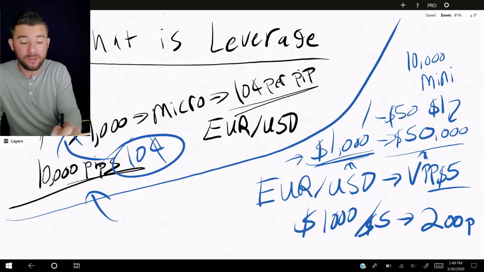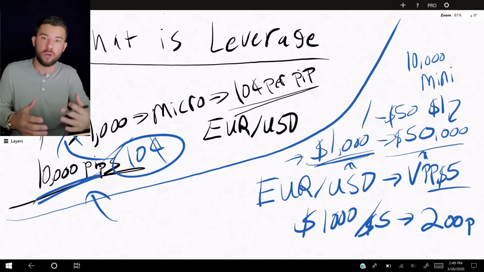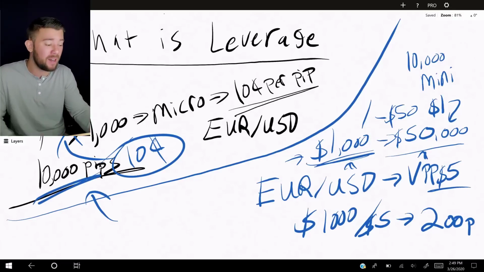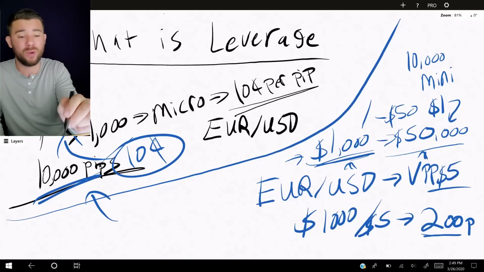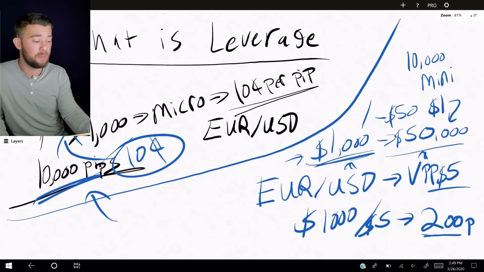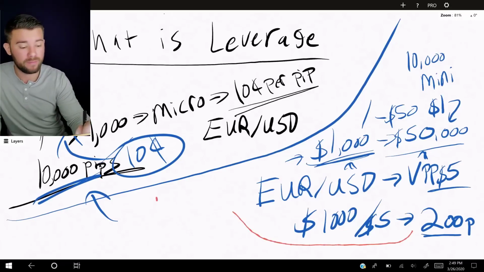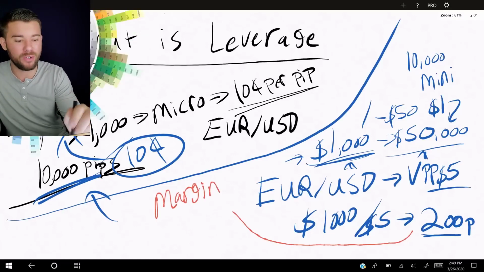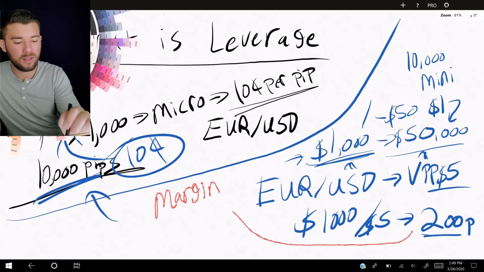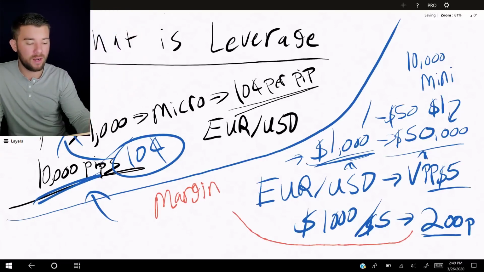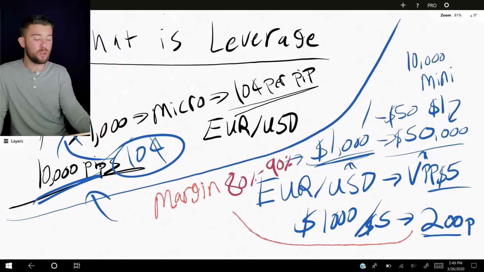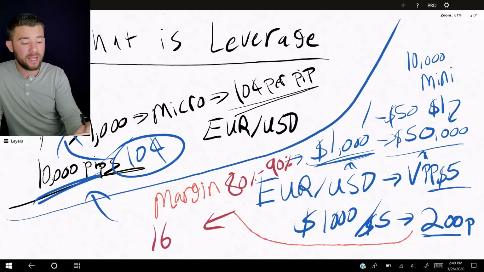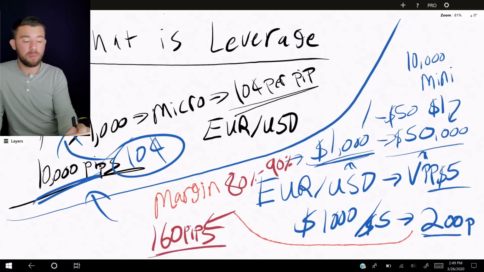So instead of 10,000 pips of risk, the reason most traders blow their accounts using leverage is because they only have 200 pips of risk. And guess what? You don't really have 200 pips of risk, because they are going to margin call you at somewhere around 80 to 90%. So instead of 200 pips, it's more like you have about 160 pips, maybe 170 pips of risk before you